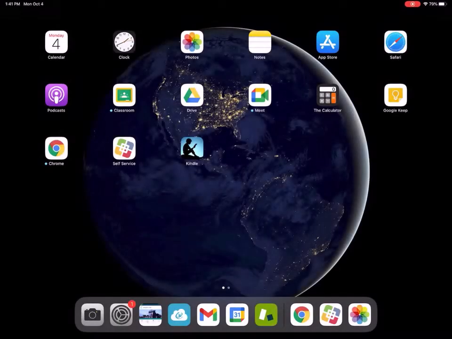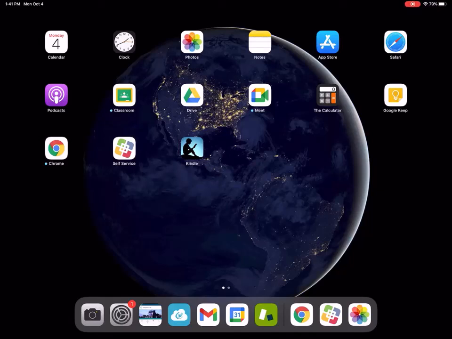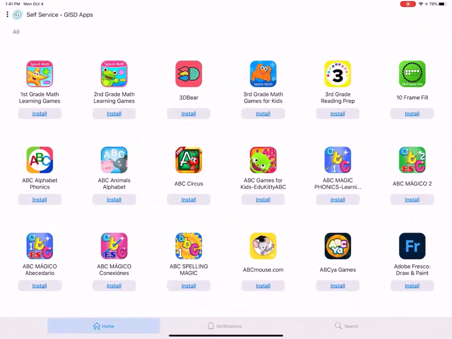To install an app on your Georgetown ISD owned iPad, you will first find the self-service app on your iPad. It looks like this with a tilted square that's multicolored. Go ahead and tap to open that self-service app. And then once you have opened it, in the bottom right, you can tap the search